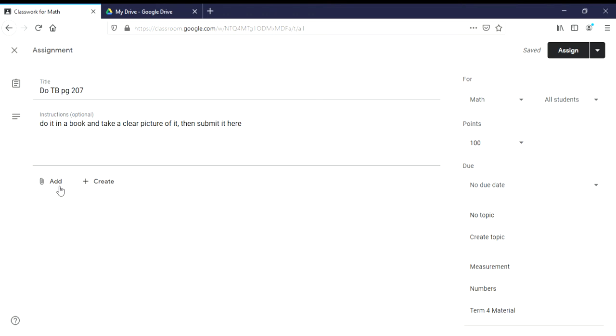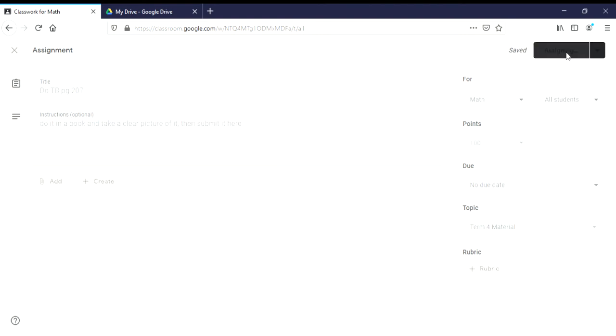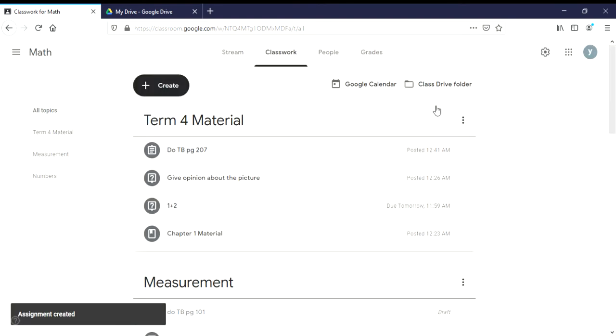You can add a file if you want to. You can add some pictures if you think it might help them, or you can just create your own question, take a picture of it, and put it in here, also possible. And then there is, the same as for material, the due date. If you want to put on a due date, it's up to you.